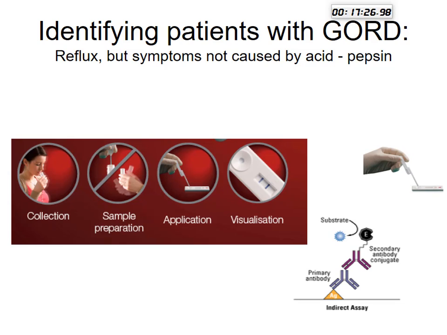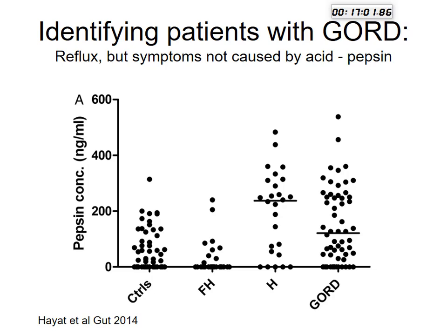Another potential new development is looking at salivary pepsin. Again, I don't know if this has made it to Egypt. This is something which is becoming increasingly commercialised in the UK, with the idea being that it's a very good principle in that you don't just have acid coming up, you have the other contents of the stomach, including pepsin. And so one of the things we can do is measure pepsin in the saliva. And again, a study that we did showed